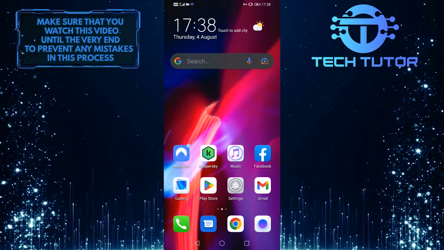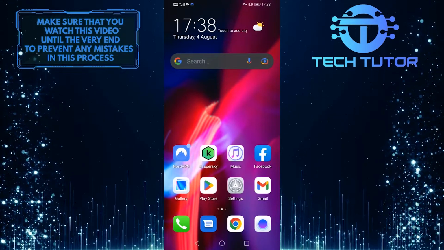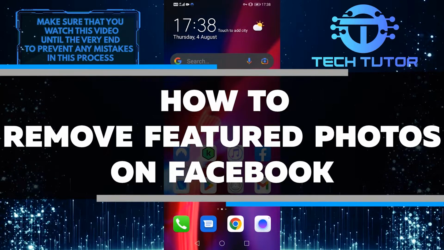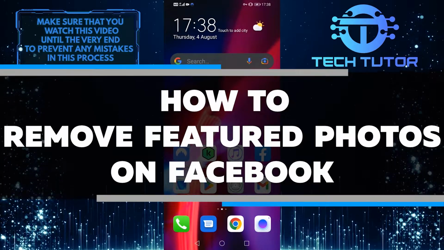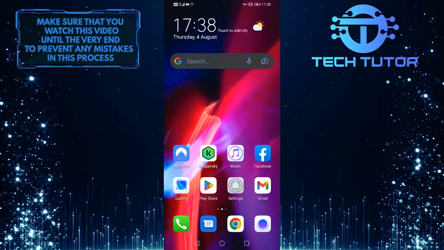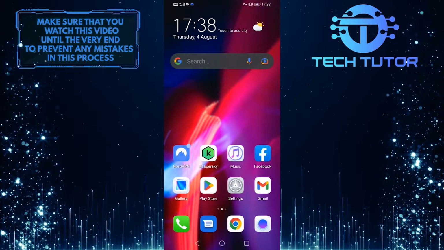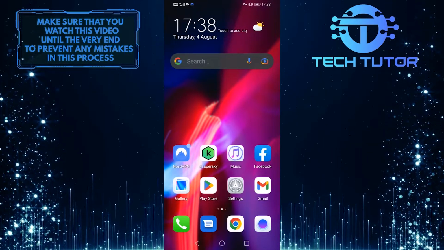If you want to remove photos that you previously featured on your Facebook profile, there's an easy way to do it. In this video, I'll show you how to get rid of old featured photos from your profile. All you need to do is follow these simple steps. So make sure to watch this video until the very end to learn how to remove featured photos from your